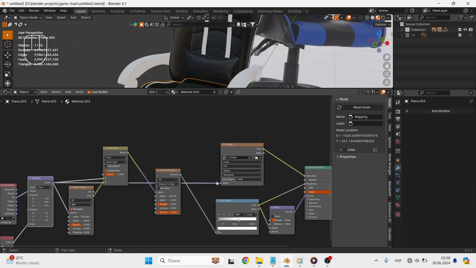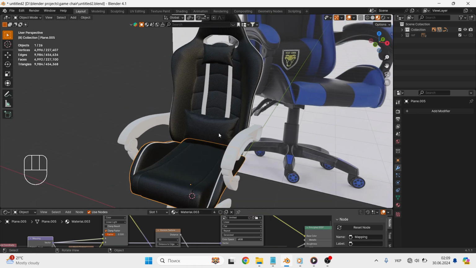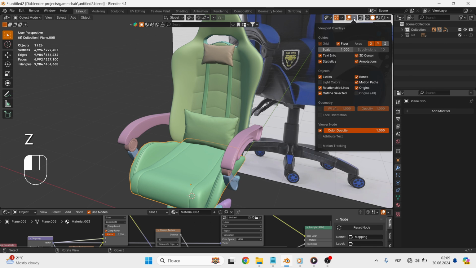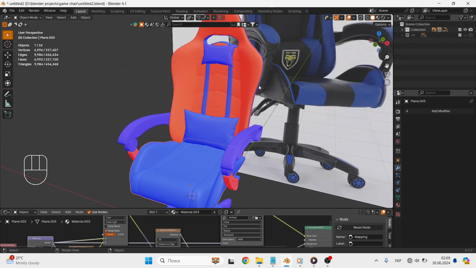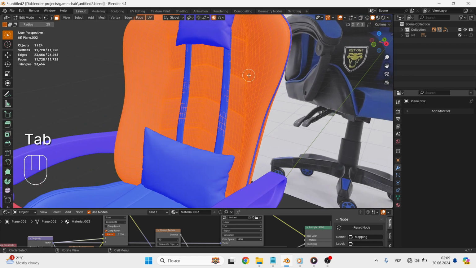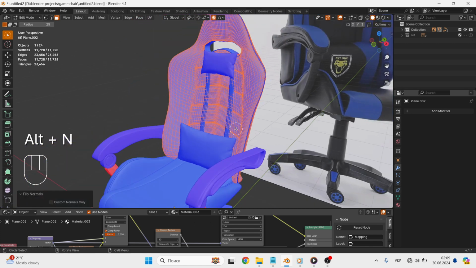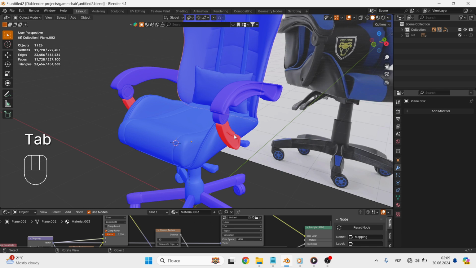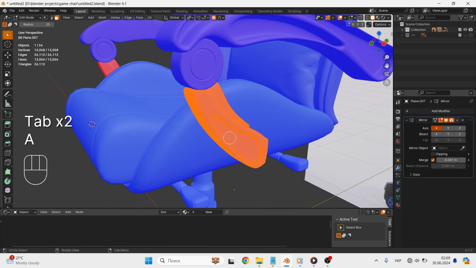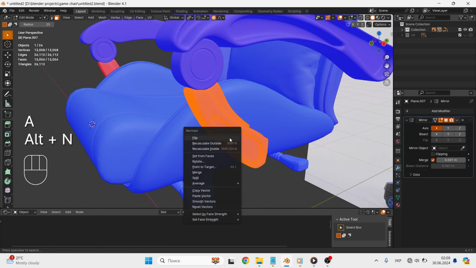We also need to check the location of the normal direction. At the top there is a tab, Face Orientation, we turn it on, and those that are red mean that they are turned inside out. We go into the element editing mode, select it using the L button and press Alt-N and select flip to turn the normals. Great, we have corrected all the shortcomings. Now we can start drawing.